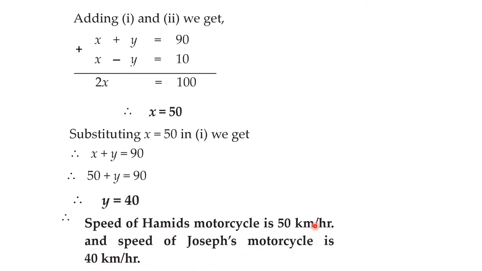Okay, don't forget to write down the units everywhere. They are very important. In the beginning, while taking the unknowns also, you need to write down the units. Otherwise, you are going to lose your half mark. So I have told you again and again that you need to be specific when you write down the answers or solution. Finally, you need to write down the statement because it carries half a mark.